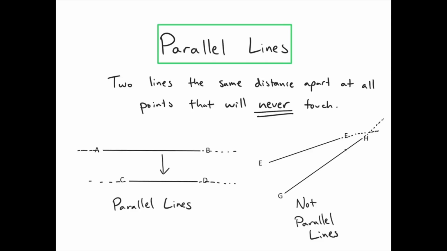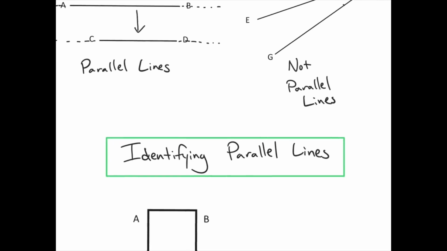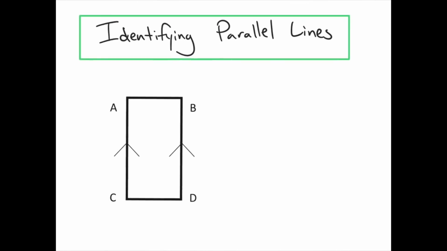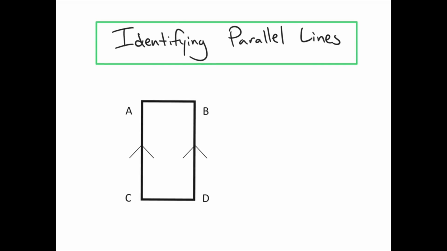One of the important skills relating to parallel lines is being able to identify parallel lines in shapes. So we're going to take a look at how we can do that right now. I have a rectangle here, rectangle ABCD. You can already see that two of the parallel lines have been marked with these little arrow markings right here and right here. So this is showing that this line right here, AC, is parallel to this line right